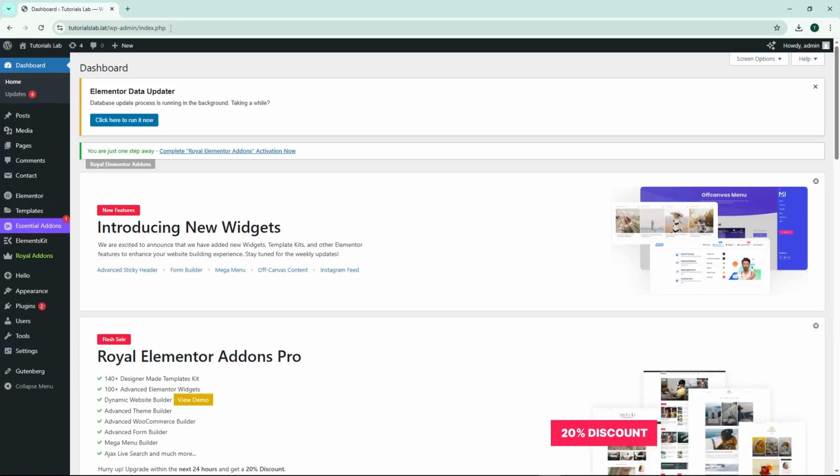Today, I'm going to teach you how to install Unlimited Elements for Elementor. This powerful plugin expands your design capabilities significantly by giving you access to hundreds of additional widgets and templates that aren't available in the standard Elementor package. It's a game changer for anyone looking to create more dynamic and professional-looking WordPress sites without touching a single line